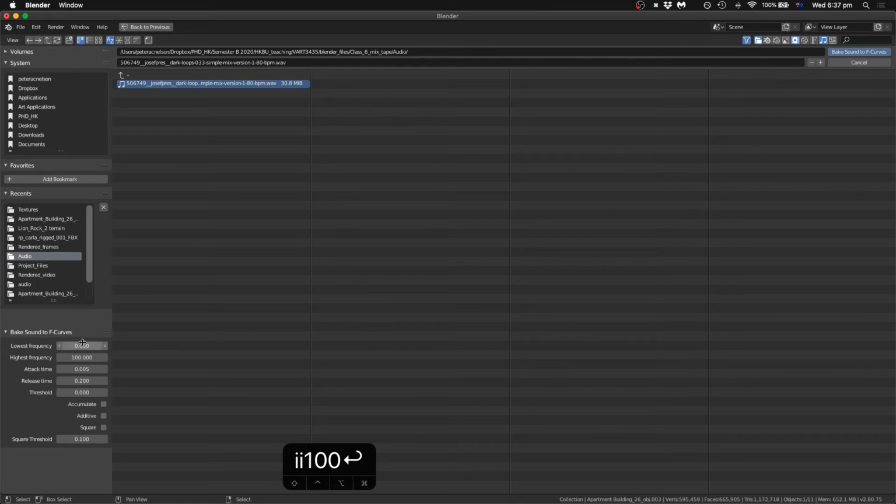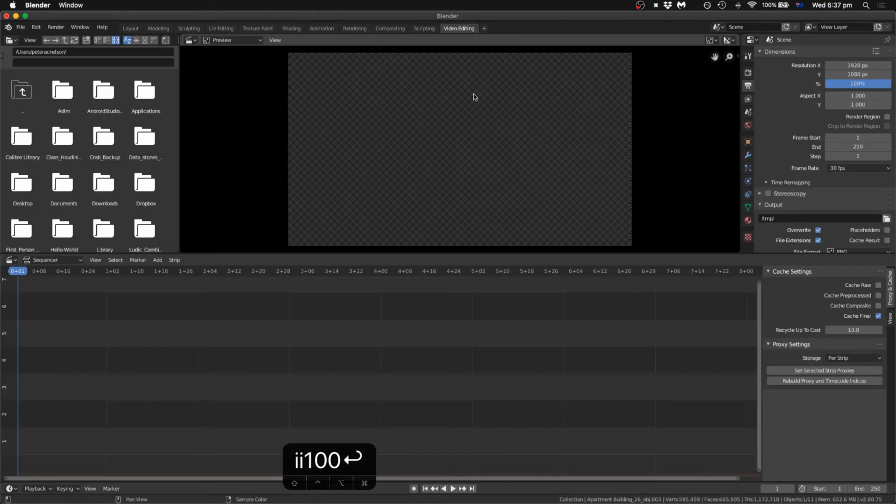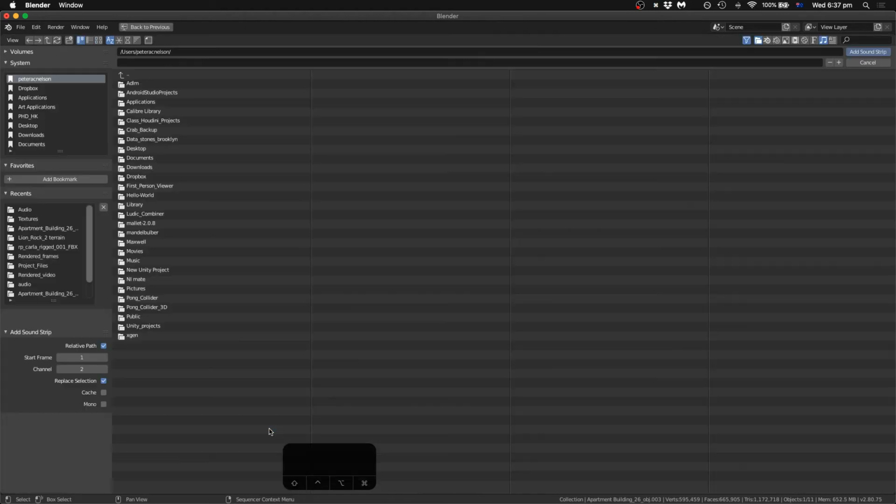So here I'm going to use the lowest frequency, 0 to 100, and if I hit bake and now I scrub down the timeline, we'll see that our building is jumping up. And if you want to hear the sound alongside your animation so you can see what it's doing, I just do it through the video editing, I bring up this timeline, I Shift A, I add the sound,